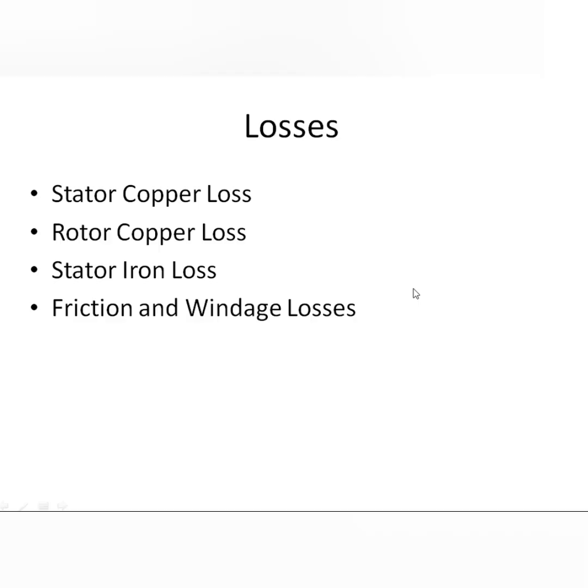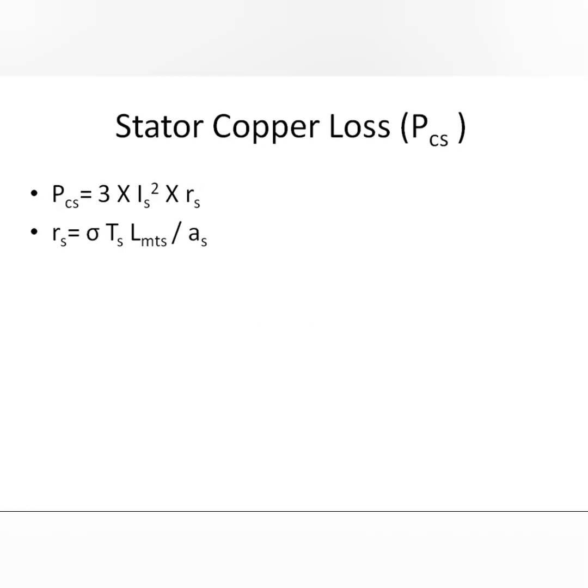Let's try to understand how these losses are calculated for a designed motor. We are assuming that the motor has already been designed and we know the parameters of the stator, hence we can calculate the stator copper loss PCS, which is generally given by 3Is square Rs, where Is is the stator current per phase or input current per phase, Rs is the resistance of the stator. Since we are considering resistance of the stator per phase, we are multiplying by 3,